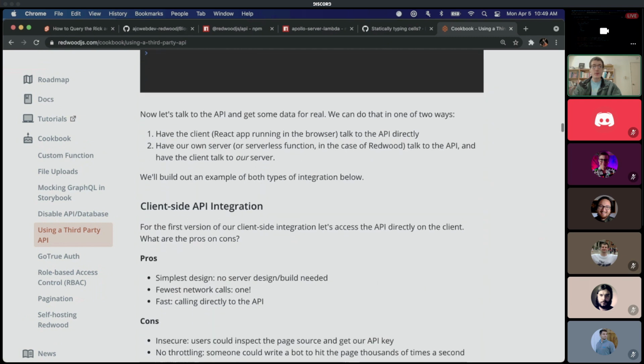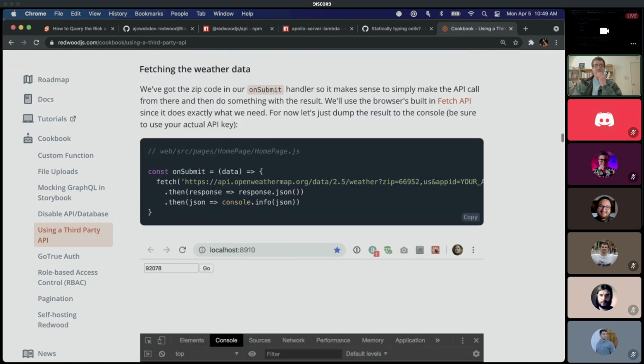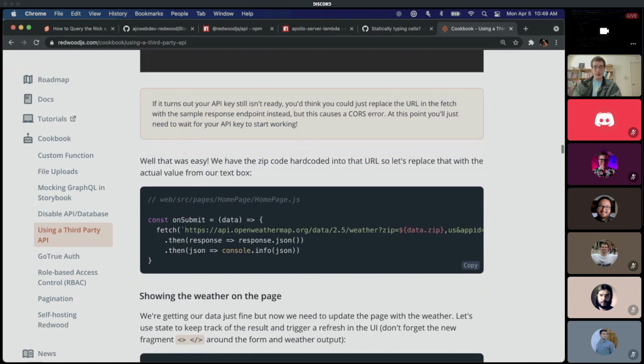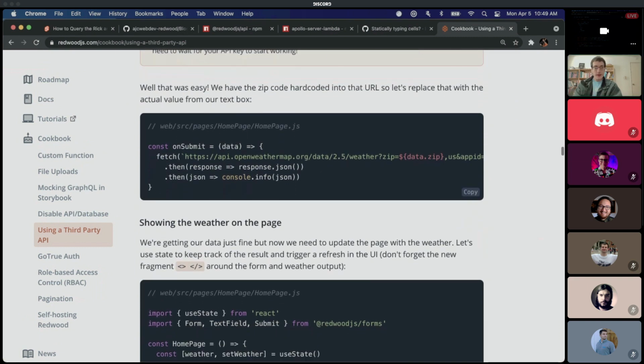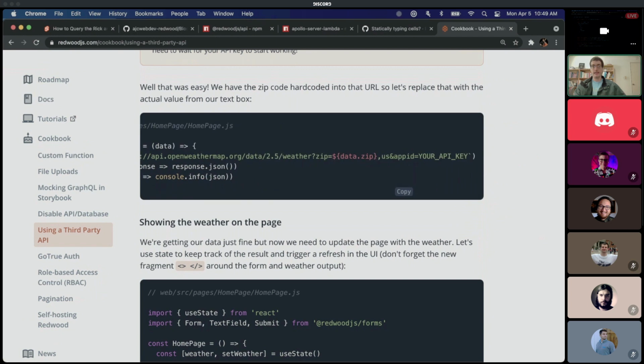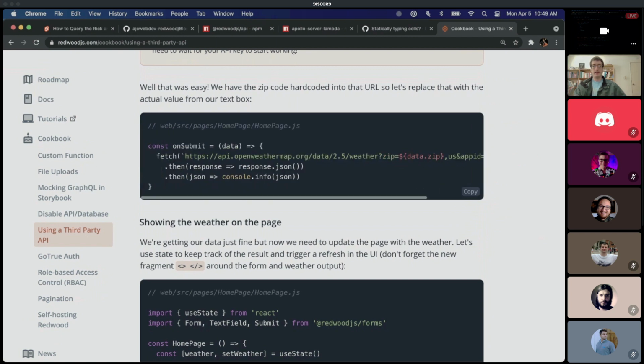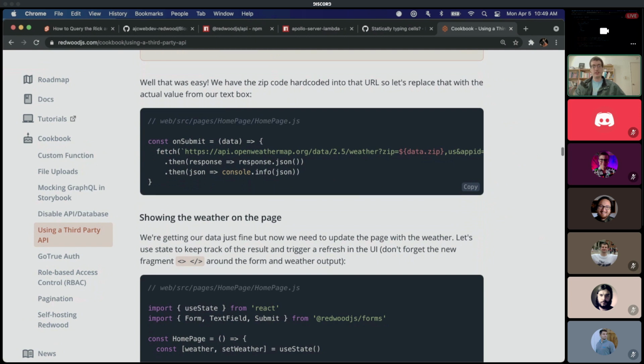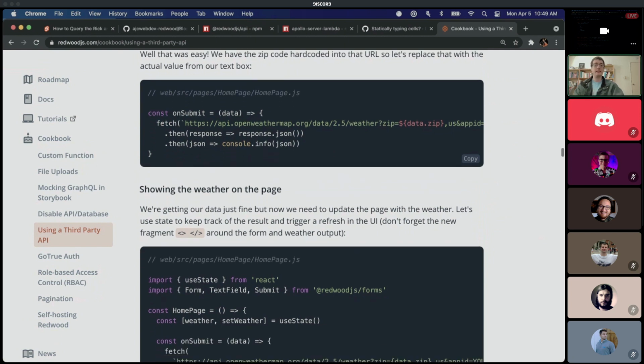I'm not sure where the query is in that one. But the backend one is kind of, and what I wanted to, oh, here we go. There it is. So they're just using fetch with an onSubmit, sticking in that whole thing there. And this is fairly similar to what we were doing before, in terms of just using the fetch